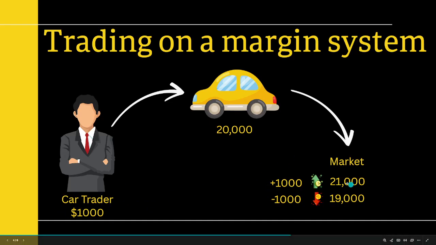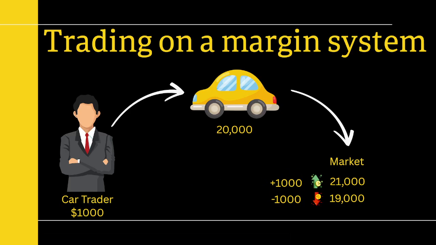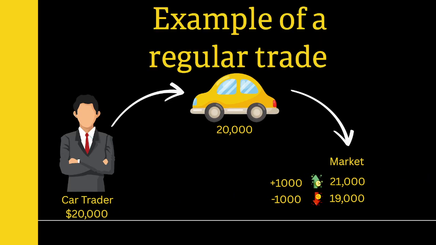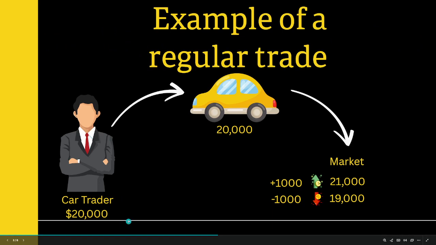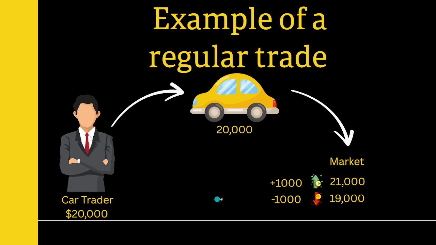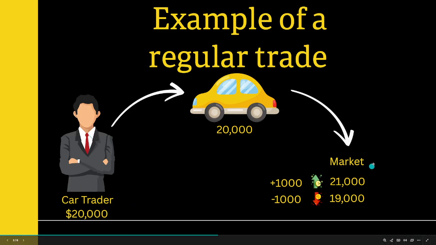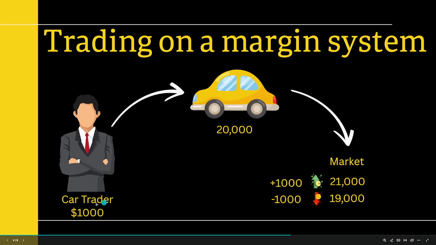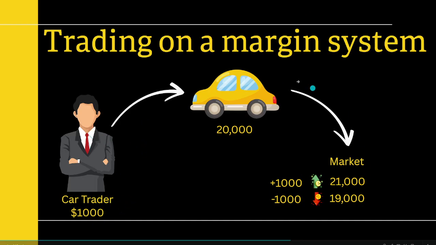This guy, if he wins, he was able to turn 1,000 into another 1,000. So he basically 2x his account. And his return on investment is 100% if he was able to win. On the other hand, this guy needed $20,000 to make 1,000, which is 5%. So if the guy here who used a normal trade wins the 1,000, he has only made a 5% gain on his account, which is 20,000, and this guy has doubled his account already by just doing the same thing